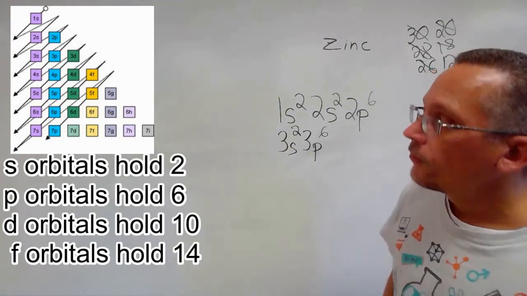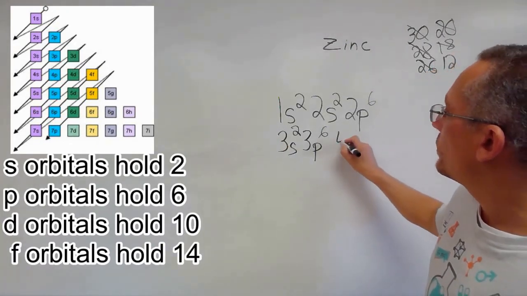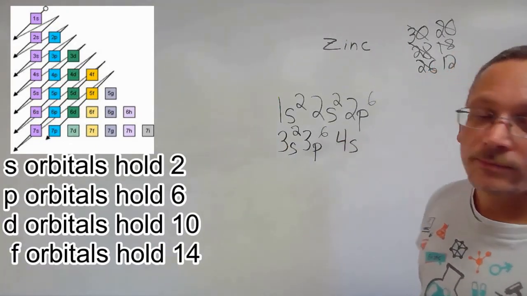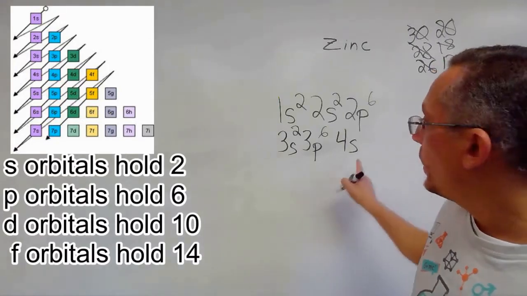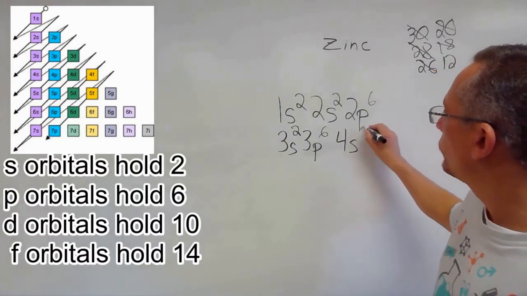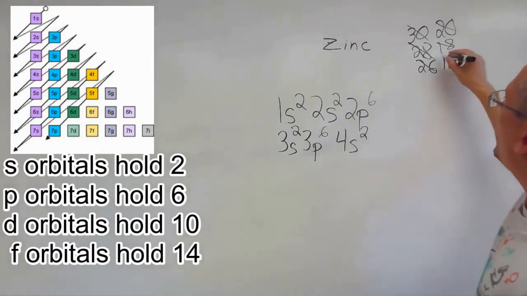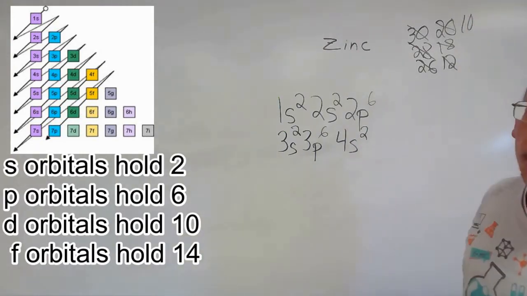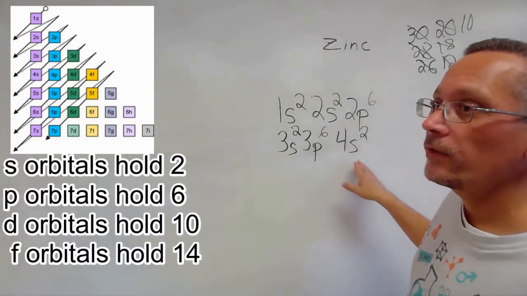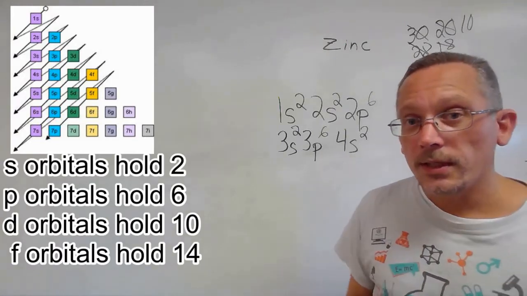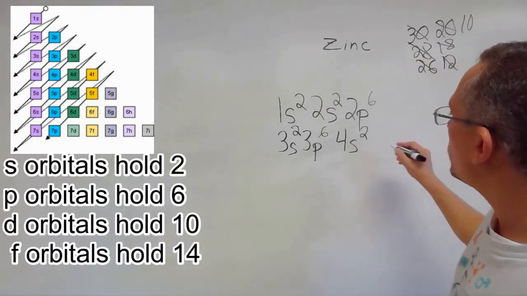After 3p, follow our map there. The next one is 4s. How many electrons can go in an s orbital? 2. And we have 10 left. Okay. After the 4s orbital, what's the next one? The next one is